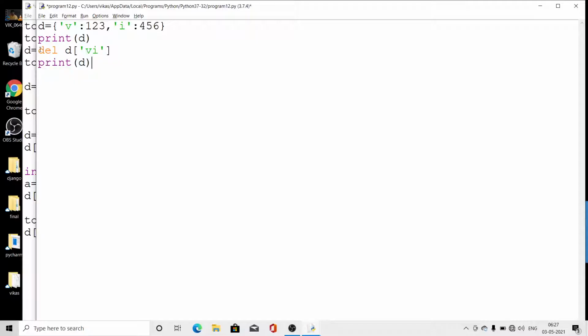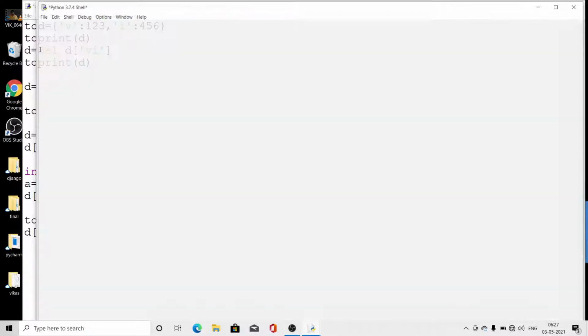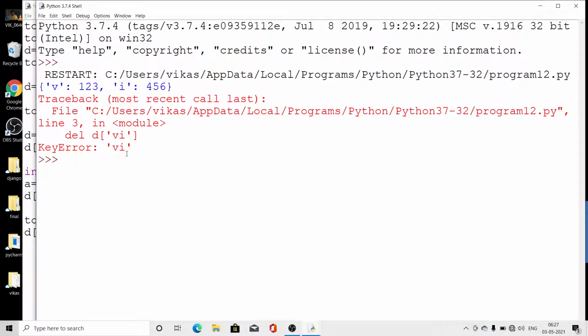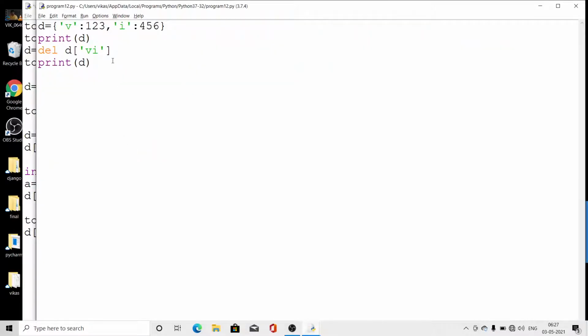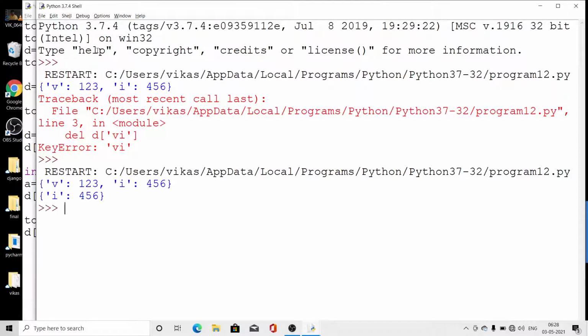I hope it will generate an error because the key is not existing. Yes, key error, because this key is not available inside the dictionary. Clear? So what do I have to write here? VI. Yeah, look here. First there were two keys in the dictionary, V and I. Now I deleted V, so only one is left.